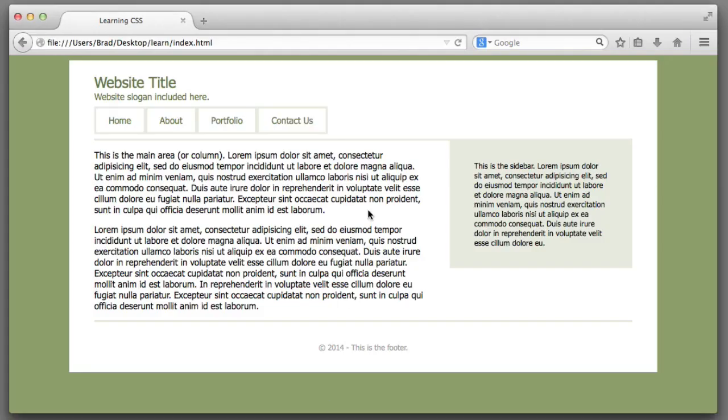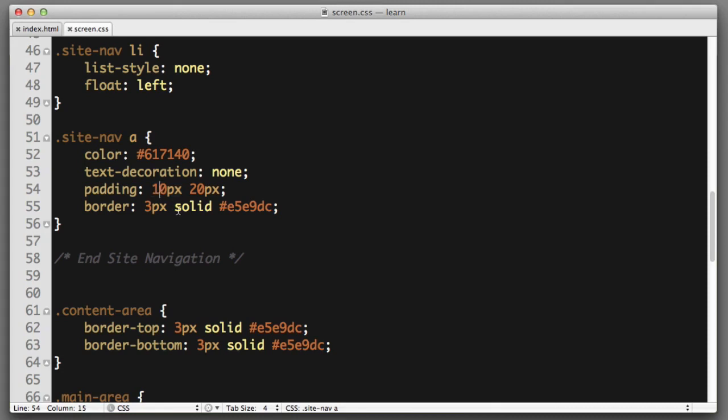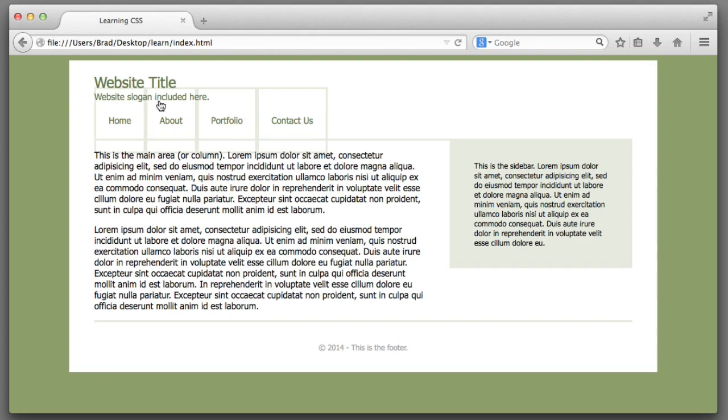So if we save and refresh, we can see a few things. The first thing that we see is that the links themselves did receive the vertical padding. So we can see that they do have 10 pixels of padding on the top and 10 pixels of padding on the bottom. However, the content above and below the links is not aware of this padding. So for example, if I set this to 40 pixels vertical padding, we can see that the links are overlapping